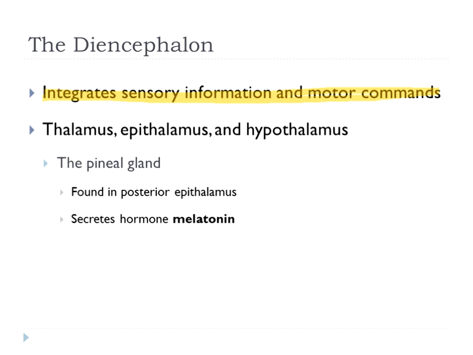The diencephalon, that thalamus portion there, and the hypothalamus that we've already talked about, integrates sensory information and motor commands as well. So the thalamus, as we've already established, has sensory information coming in, but at the same time we have to remember that motor commands also have to come out and be relayed through that. So when we think diencephalon, I want you to think about thalamus, epithalamus, and hypothalamus. Those are the portions of the diencephalon.